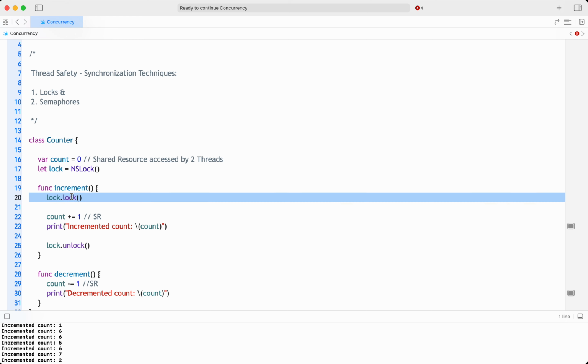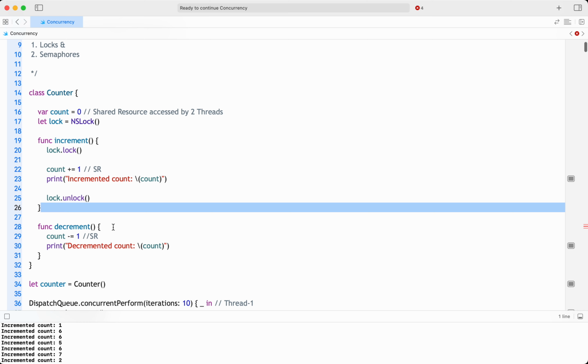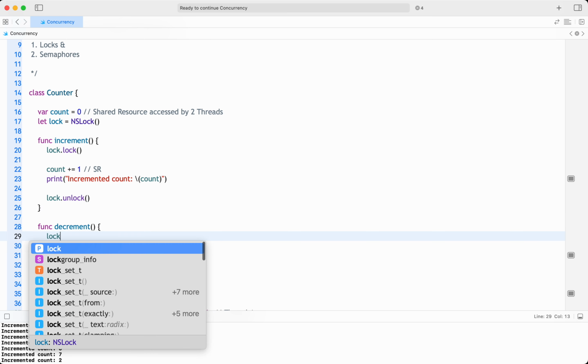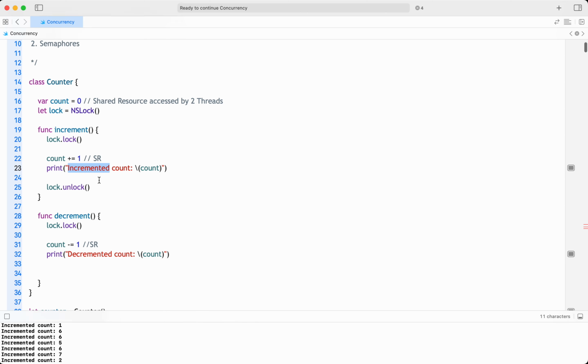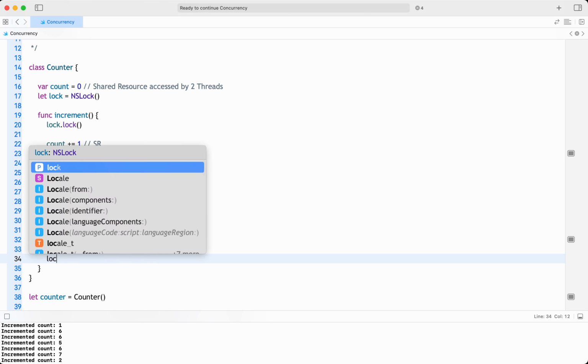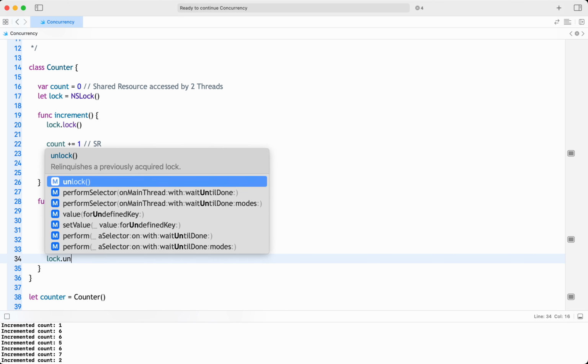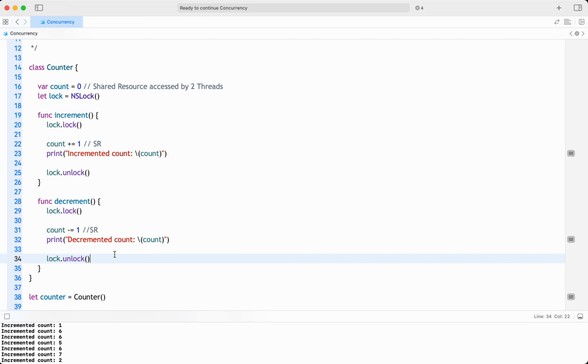Here I acquired the lock. So I do the same stuff here also. If I need to decrement also, I need to lock so that another thread will not increment it, will not access it typically. Lock.unlock. So in both increment and decrement methods, we acquired the lock by calling lock.lock